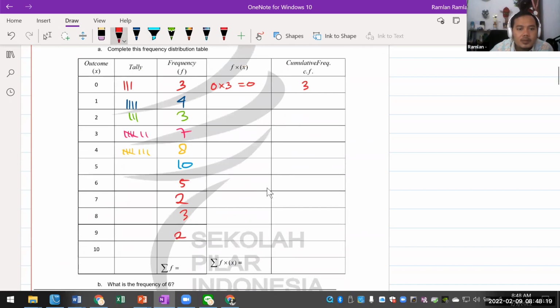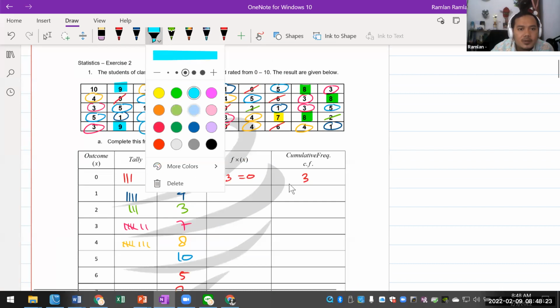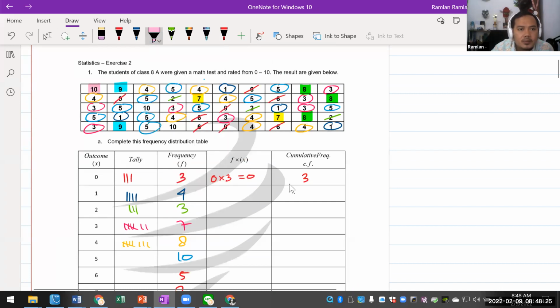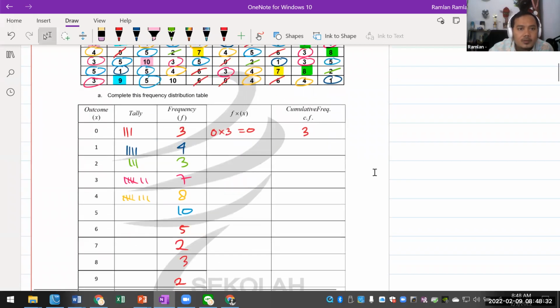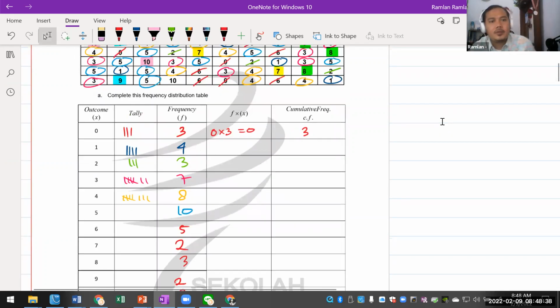And the last one will be the 10. I'm going to use this pink highlighter. So 1, 2. Only 2. Okay, so there we go. We have the frequency of all of the